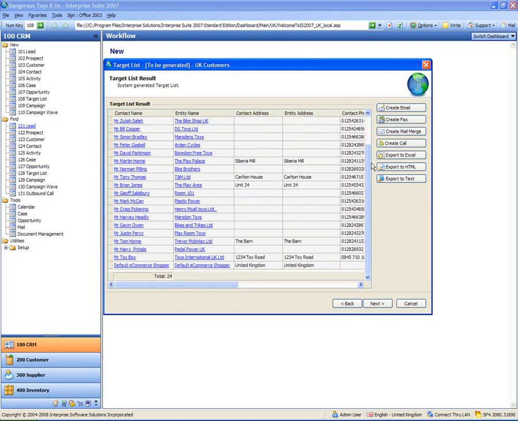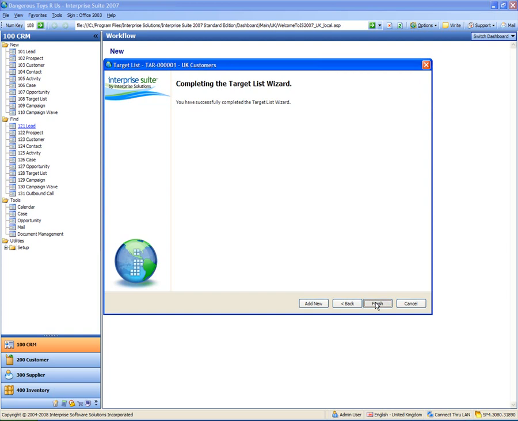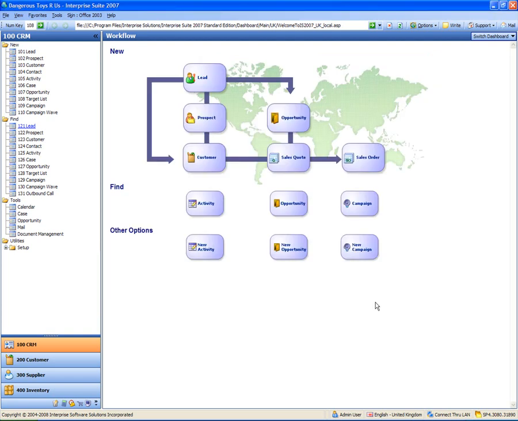So we won't have our US or our French customers or anything in here because of the criteria that we entered. So we're going to click next and finish on that to save our target list. We're not going to do anything at that point with it. The next thing we're going to do is go and create a campaign,